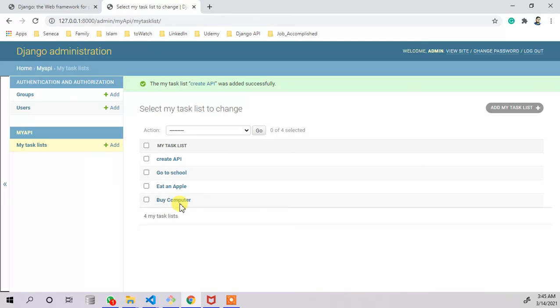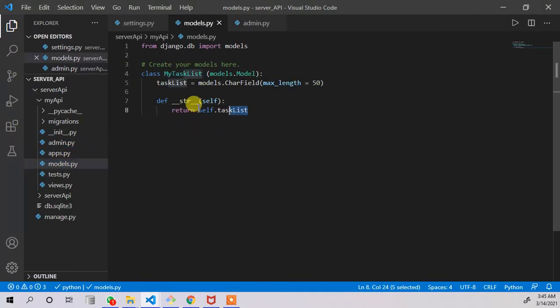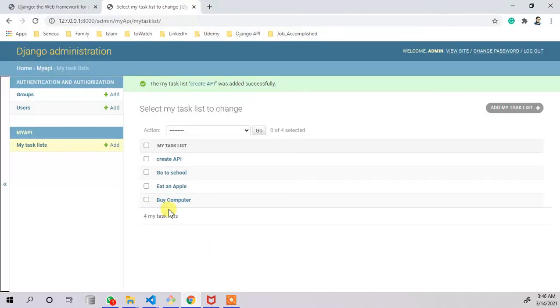What are these? These are my tasks. But how come these are visible for me? I just stored it inside my database, but the visibility of it is from here. We created the function and we said just return task list. So it is solely just printing the task list. So if I add any more data member into it and I don't add the data member in this particular function, and I don't return the value of that data member, then it won't show me in here.